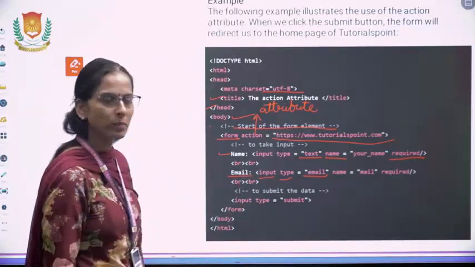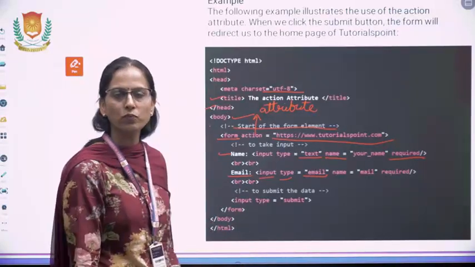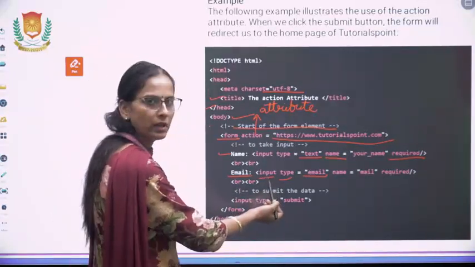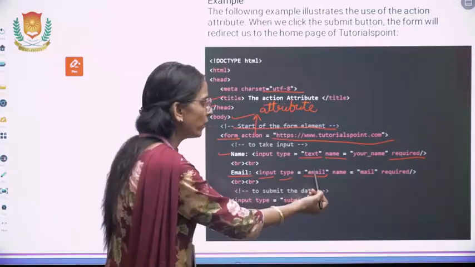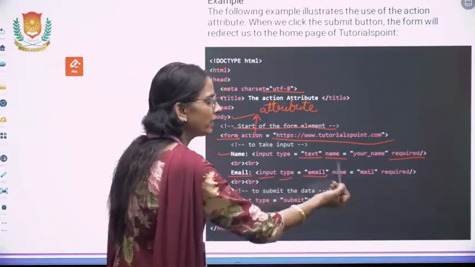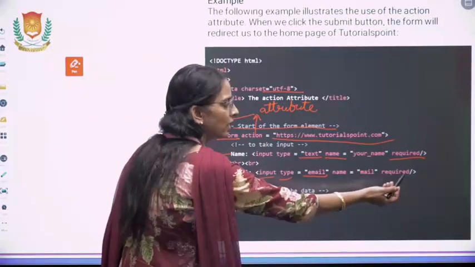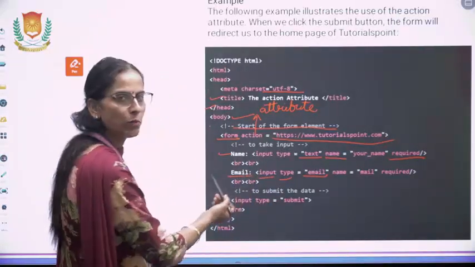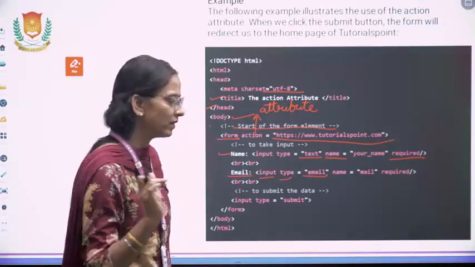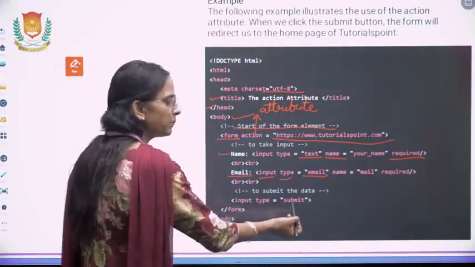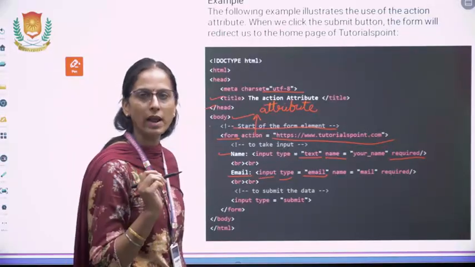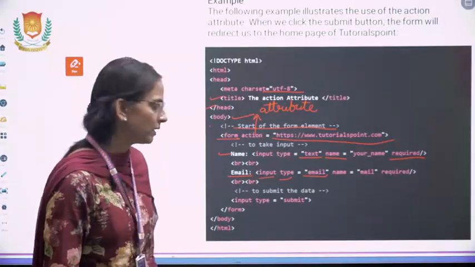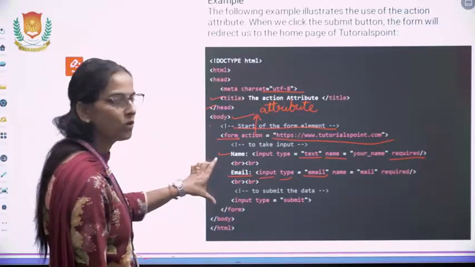Then you will take 2 line breaks. Then we start with another text box we will be inserting, and the type of the text box is email. Input is the tag, type is the attribute where you will write email. In the name, the caption will be shown as email, and entry is again required, compulsory. In this way, and finally after these 2 text boxes, this is the small text box we have created. We will write input type submit. A submit button will be shown at the bottom. Whatever information you write will be submitted by clicking on the submit button. Form is closed now. This is the small form we have created.